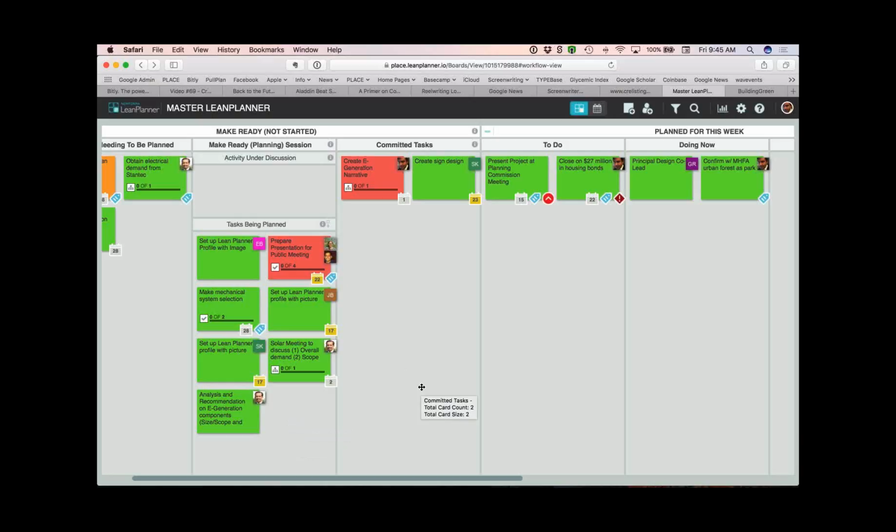So I think what we can do is create links between Podio and LeanPlanner, and it might require us to experiment a little bit with how to use them in the most complementary fashion. Okay, yeah, I don't want to create redundancy between the two, where some information is in Podio.